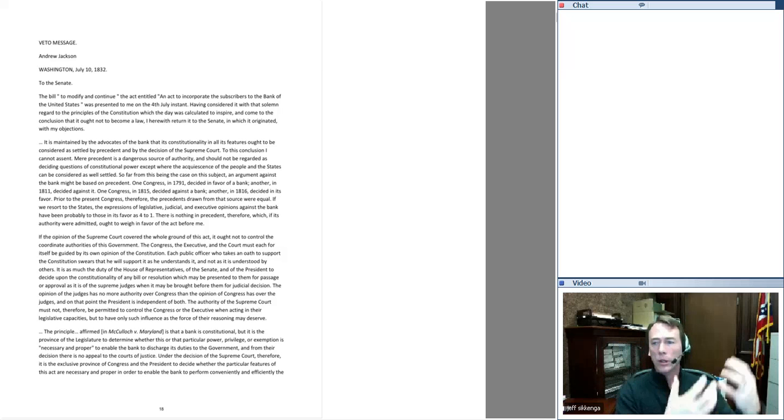Congress, Jackson argues, interprets the Constitution all the time when it passes laws. So constitutional interpretation is something all the branches engage in, not just the Supreme Court. And Jackson says there's no reason why the Supreme Court's opinion should be the final authoritative opinion. If its argument is really good and persuasive, then we'll adopt it. If it's not, we'll reject it. I know the Supreme Court said the bank was constitutional way back in 1819, but I think in 1832 it's not constitutional, and my interpretation is as good as theirs. Like I said, that's called the theory of departmentalism.